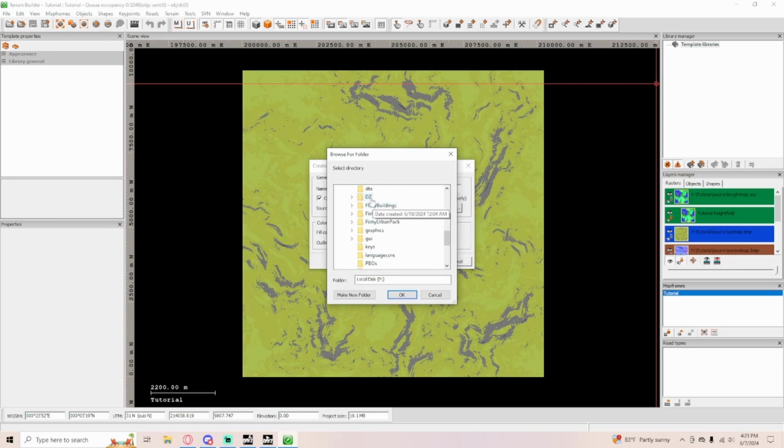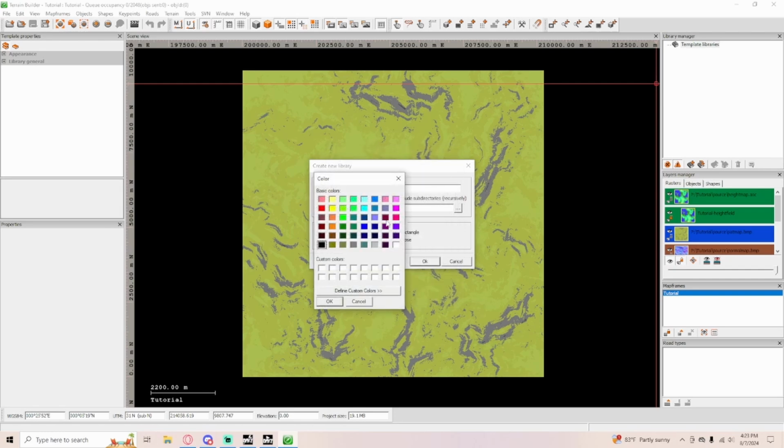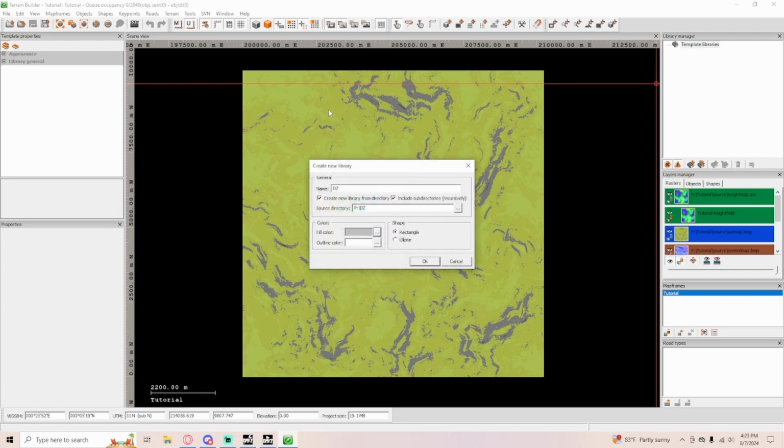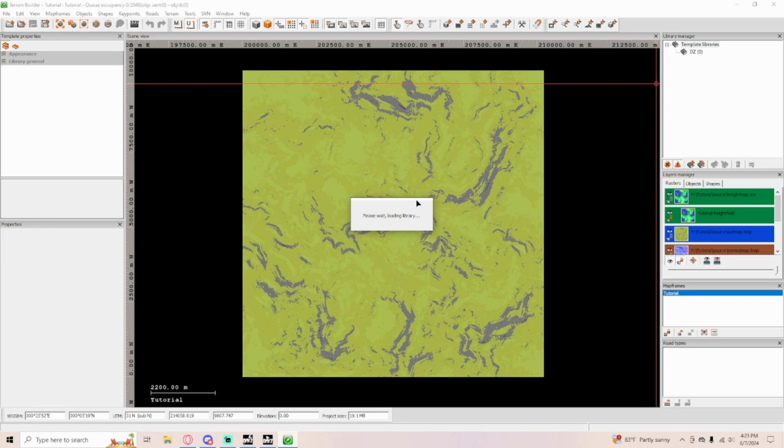You can go in and literally do it individually because everything's in here, like rocks, plants, buildings, weapons, like everything. So you can go in and do that. You can change the color here of what you want the objects to place on your map. You can change it from the shape. Press OK. Let that go all the way through.